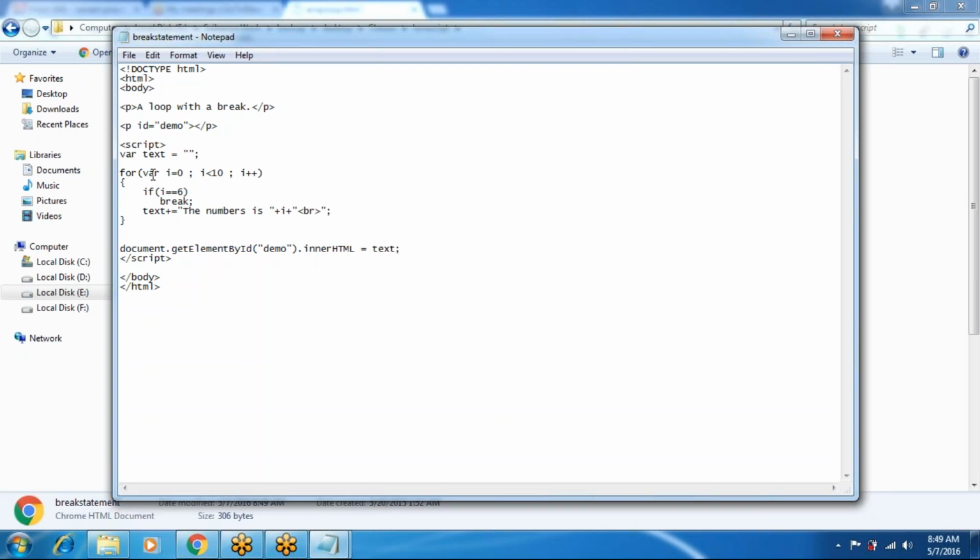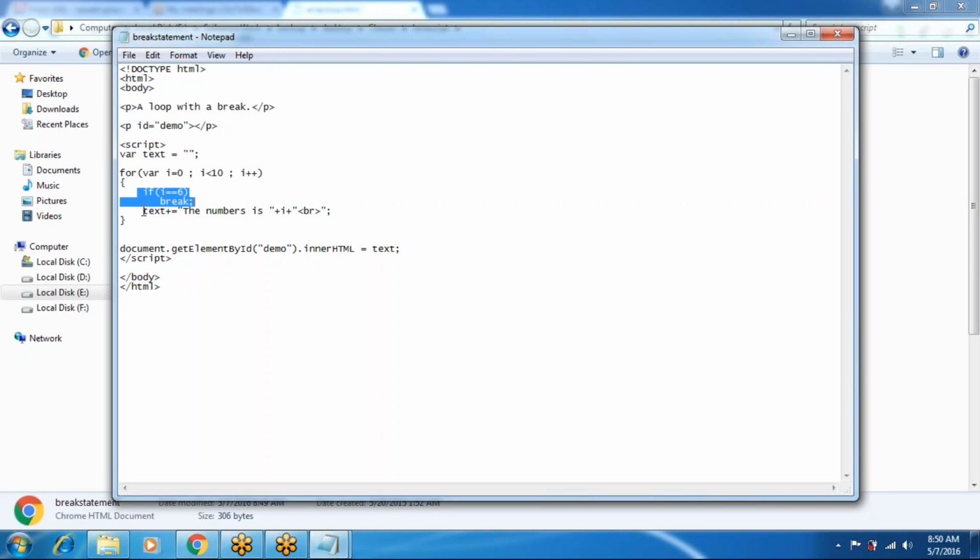So in the for loop, first the i value is 0, i less than 10, 0 less than 10, so the condition is true. If i equals 6, 0 equals 6, this condition is not true. So the value is added to this text variable, and again i plus plus, 1 equals 6, this condition is also not true.